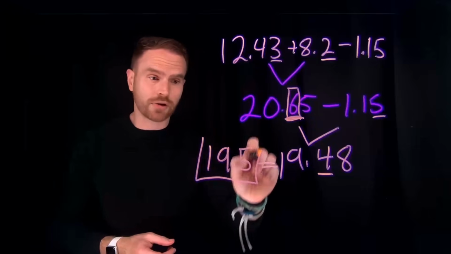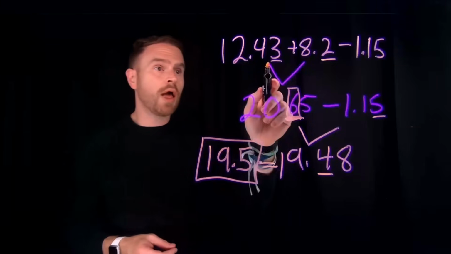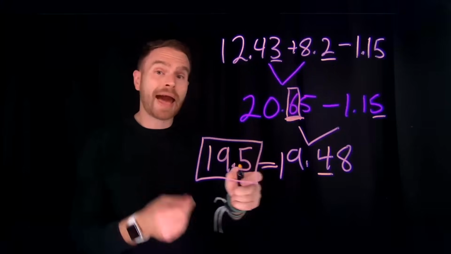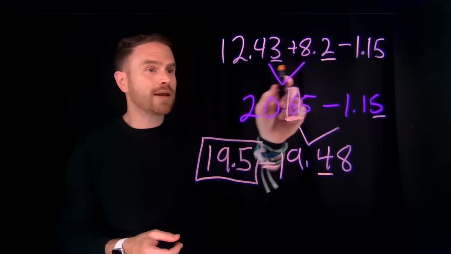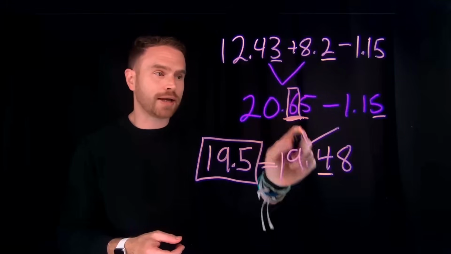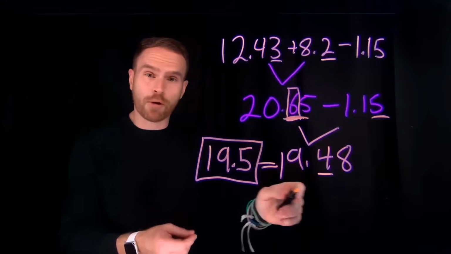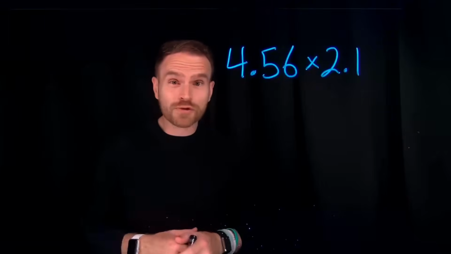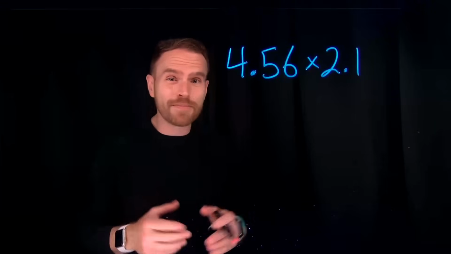correct final answer. And notice we use that rule of keeping the lowest decimal place, but only rounding at the end, and the way that we kept track of that was by underlining the significant figures that matter most for our problem. Next up are the rules for multiplication and division, but if you want even more practice instead of